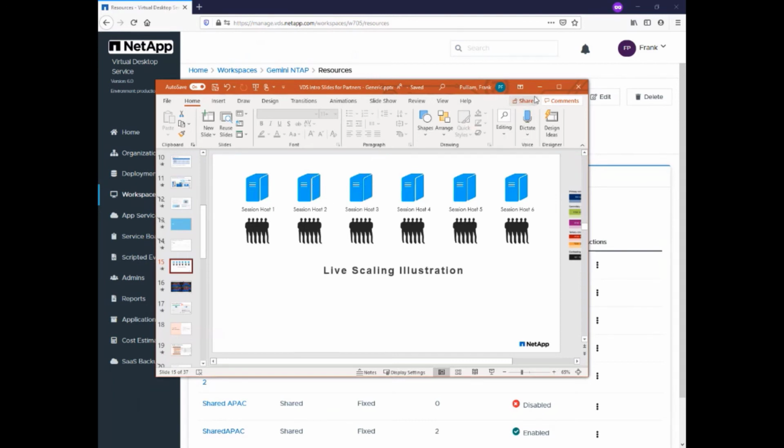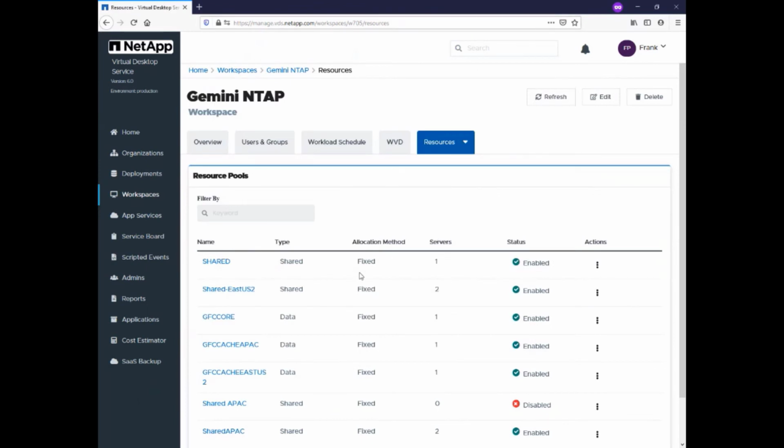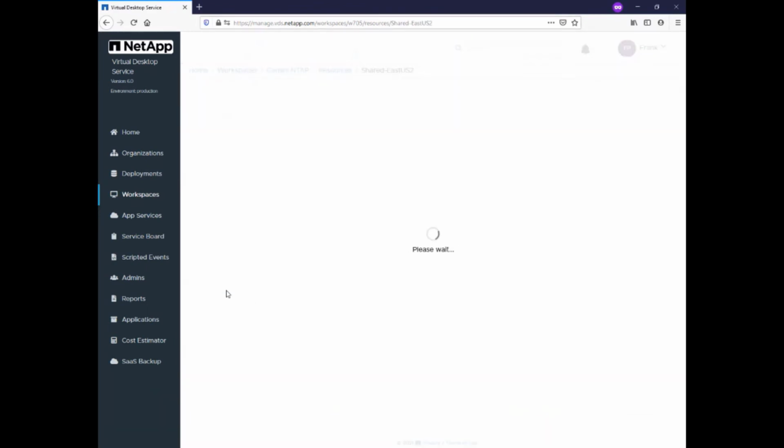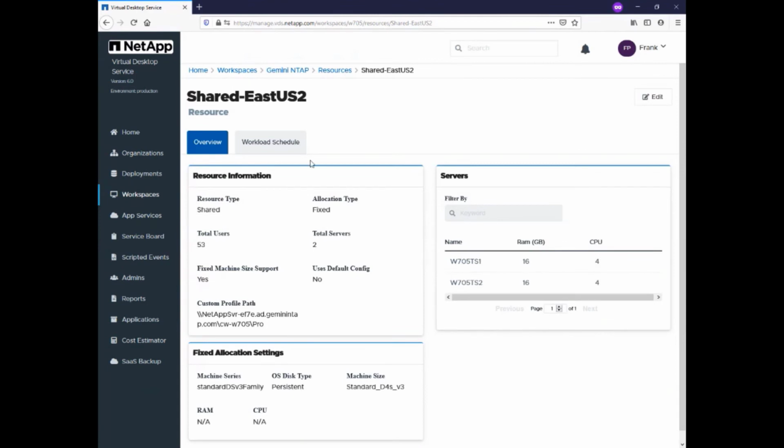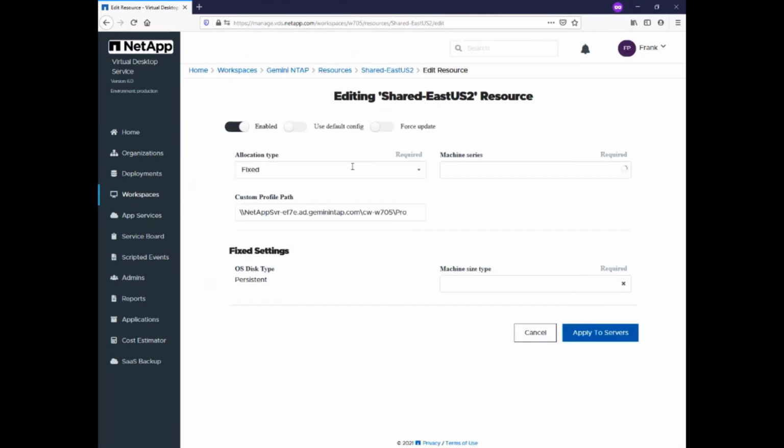So the way that this plays out in our software is really, really simple. And that's what I like about it. So I'm going to pop in here. I'm going to show you first the horizontal scaling capability within VDS. So if we want to add machines to the host pool or delete machines, by default, we just set it as fixed. That means you set the machine size type, and it's going to keep the host pool, everything in line. It's not going to change those machines outside of this. But